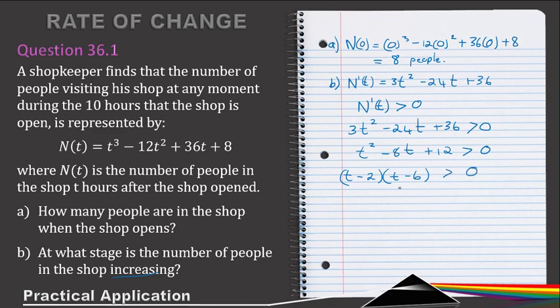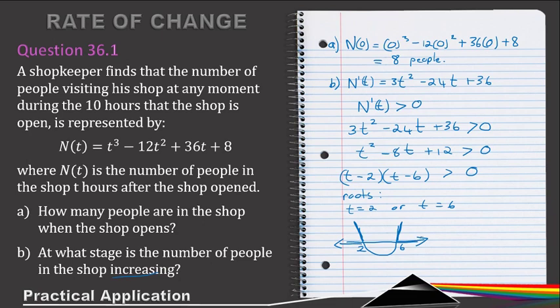All right, and now to find the inequality, we know the roots. The roots are where t equals 2 or where t equals 6. If I represent this graphically, this is a quadratic equation where my roots would be at 2 and 6. So where is it greater than 0? And if you can't do this, remember to go and recap on inequalities. The graph is greater than 0 here and here. So the applicable values will be where the time is less than 2 or